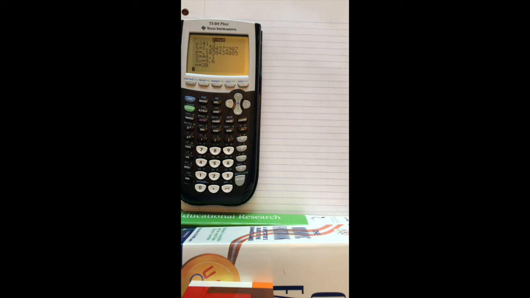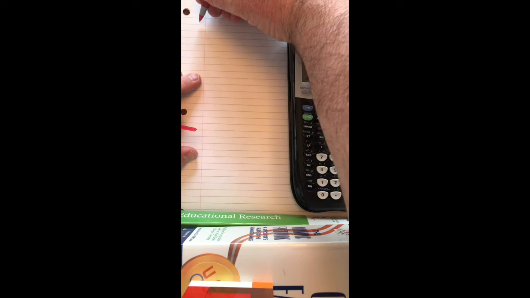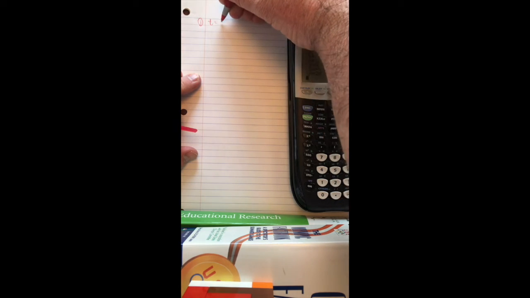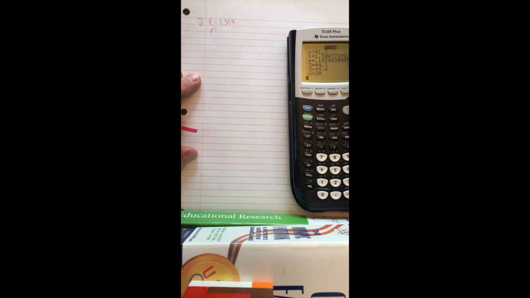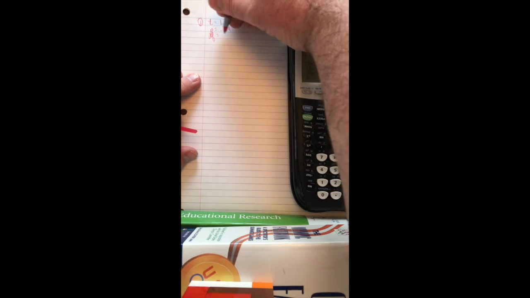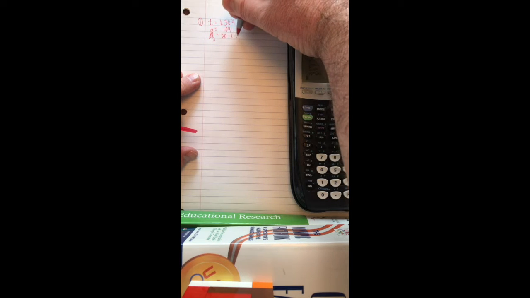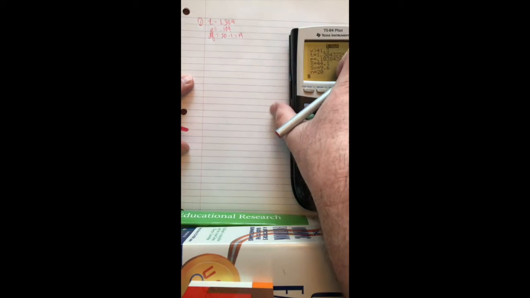We would calculate, and what that gives us is a t-score of 1.304, a p-value of 0.104, and the degrees of freedom is n-1 or 19. Okay? So our conclusion at the 5% significance level, since our p-value is greater than that, and we have to link it,